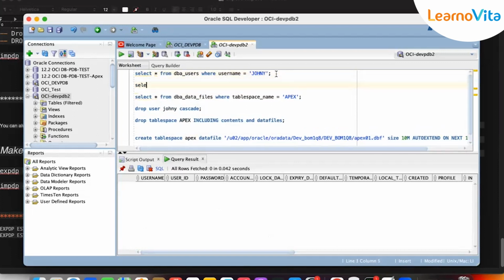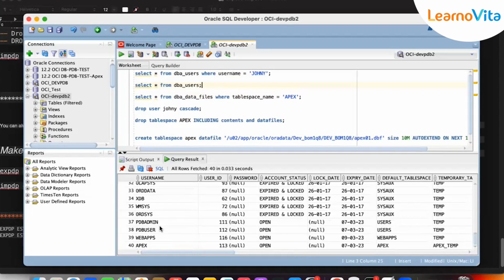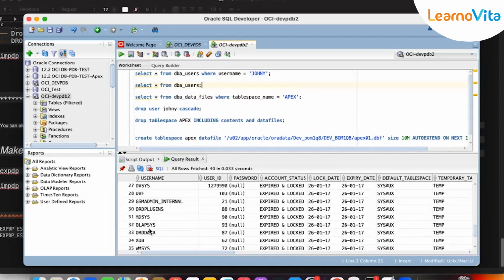Select star from DBA underscore users. We have Apex, but we don't have Johnny. But we are going to import this schema into Johnny, which we do not have. So either we create a new schema called Johnny and import the contents into it,